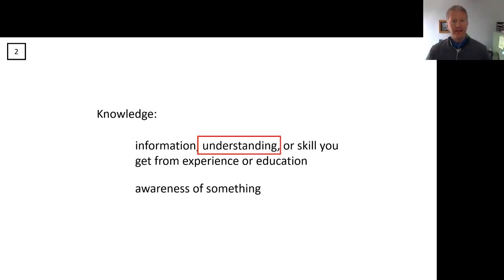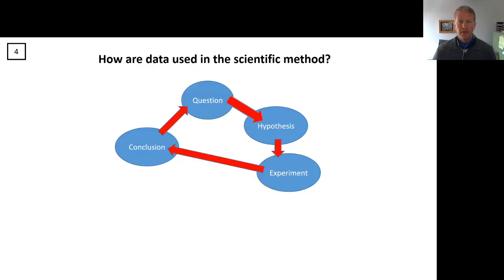So in order to get from that basic information to understanding, that implies that we want to know something about causality. And I would say that's probably the primary goal of science, is to understand causal relationships in nature. So to get there, to make that leap from data to understanding, we need to apply the scientific method. Not just think about the philosophy of science, but think about how we actually practice performing science.